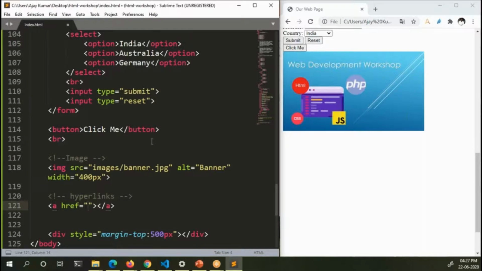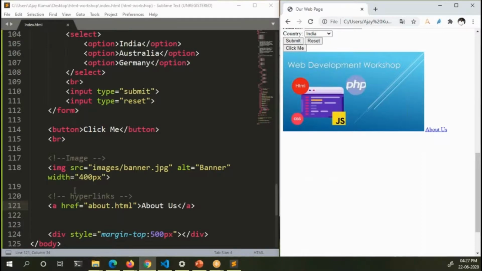For example, here we are creating a link. The basic functionality of a link is that when you click it, it must take you somewhere. So the destination needs to be provided as a value for href. Here you can give something like about.html. So now when you click on this link, it will take you to the about.html page. The link text will be given between the starting and ending tags of the hyperlink. So let us save this and refresh.